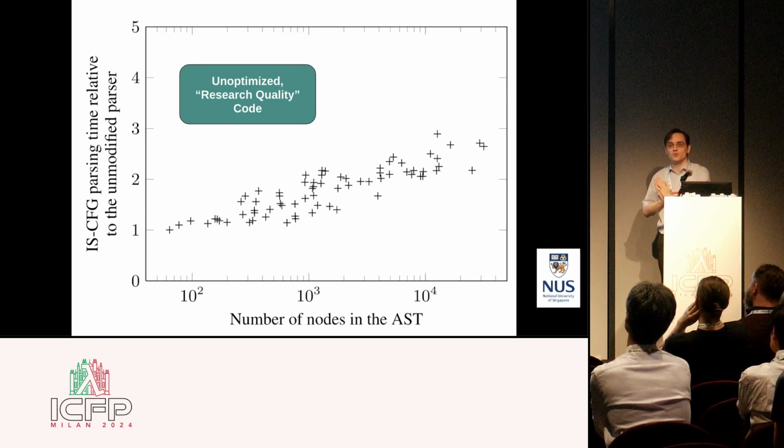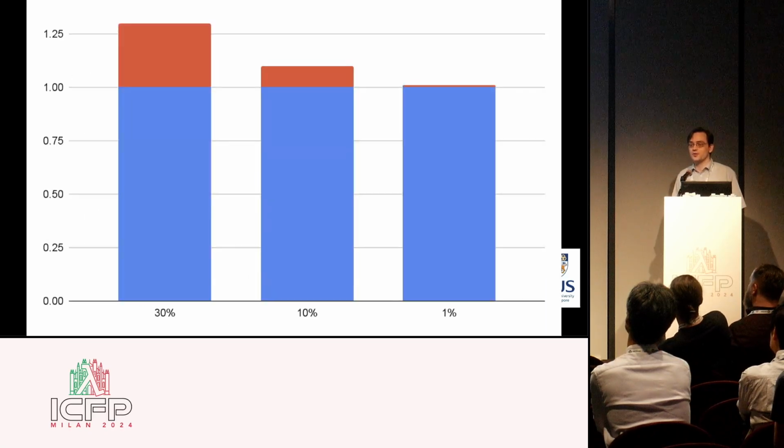So the question for a long time was, well, what percent of time does the existing parser take? If the existing parser takes 30% and I double your time, well, I've just added a 30% overhead. If it's 10%, I've added a 10%, or 1%, 1% overhead. Which of these universes do we live in? Well,